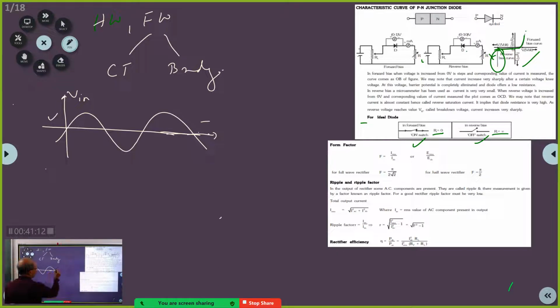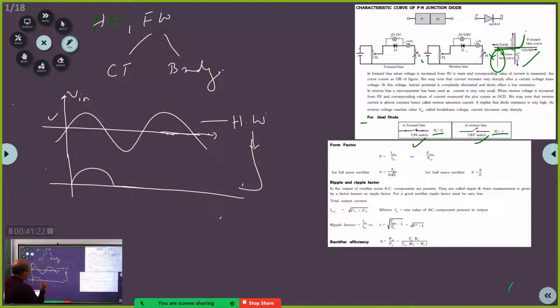So if you pass this waveform through a half wave rectifier, then what are you going to get? You are going to get this waveform. Correct? Half wave. Okay. Now we calculated the average. If you take the average of this signal,